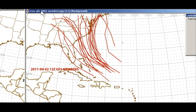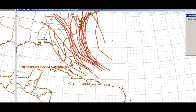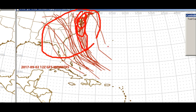These are all the ensemble runs run at lower resolution, but all of the ensembles making landfall anywhere from about Miami, little clustering there in the South Carolina region, and then another little clustering more in line with the operational GFS in the Chesapeake Bay area, Delaware, and Maryland there. So this looks to be probably the most likely solution at this point, either that or something along the lines of the European model where it just kind of grazes the Cape Cod area,